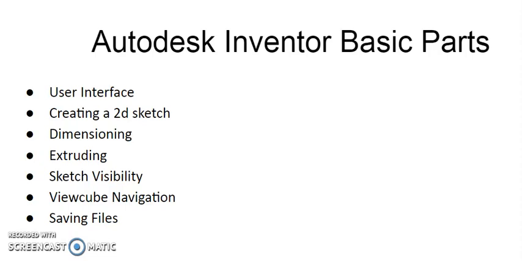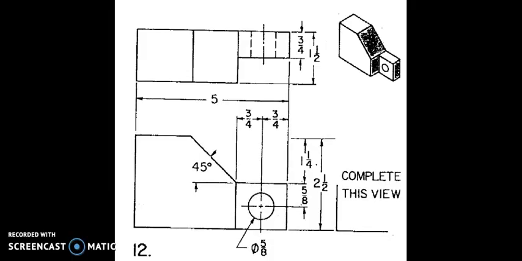In this video, we are going to use Autodesk Inventor to create a basic individual part. We're going to look at the user interface using a 2D sketch, show you how to do some dimensioning, extruding. We'll look at sketch visibility, how to navigate with the view cube, and how to save a file. The part that we will create is this figure in problem 12, and we're given the dimensions that we'll need